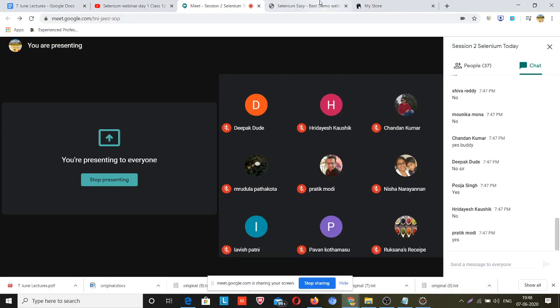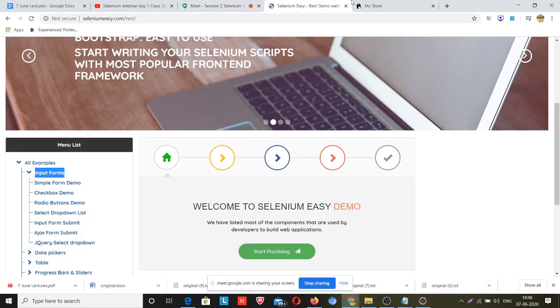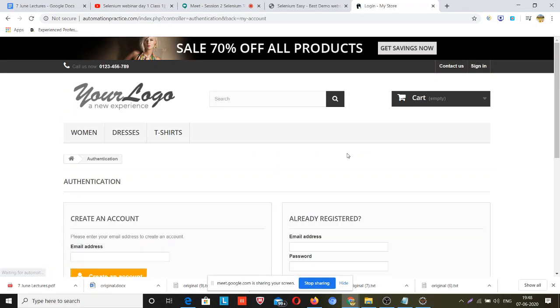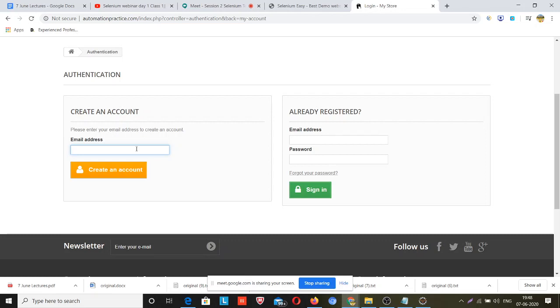Like I have this web page, and I will click on sign in, put some email here. So this text box is an element. This is an element, and basically an HTML element is a web element.